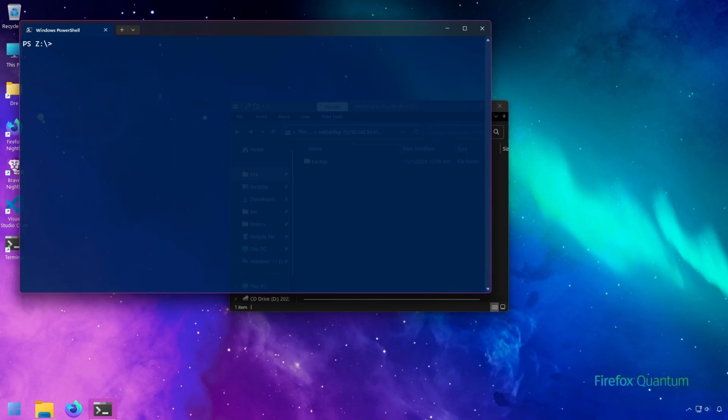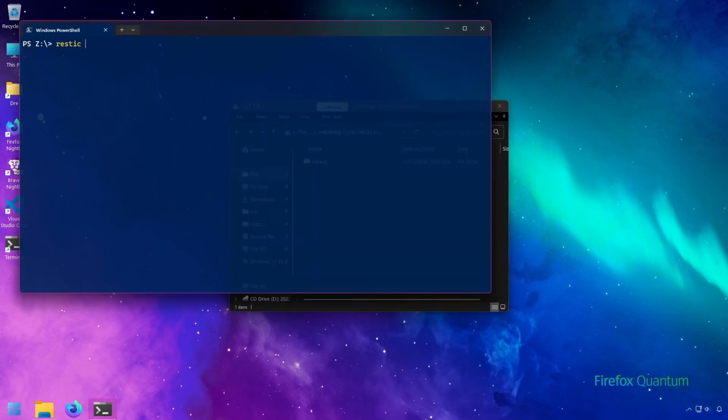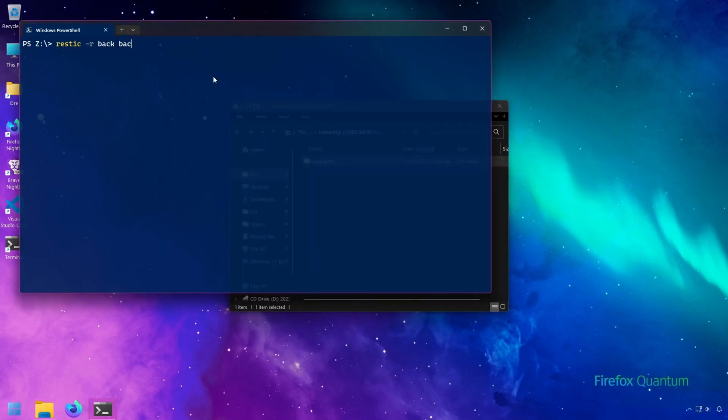And I just realized naming the backup will be a little ridiculous, as we'll have to do Restic -r backup. So let me go ahead and change the name of this to be a little bit better. Let's just call it snapshots. And yes, you can easily change the name of your Restic backups like this. Let's go ahead and change that, and we'll do Restic -r snapshots